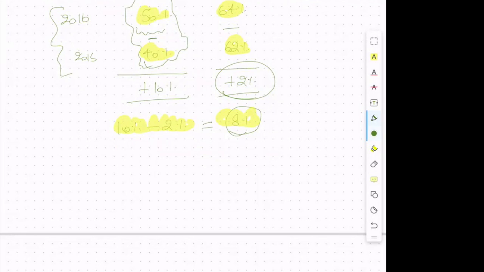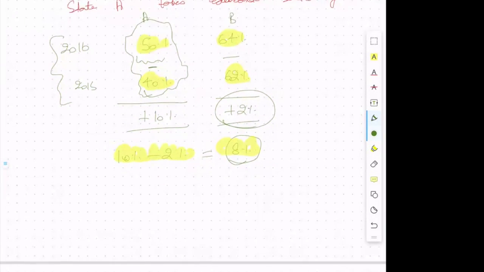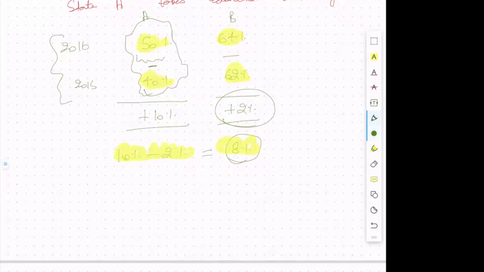Now there are many subtle things here. There are many assumptions that this method requires. Like for example, how things are trending before 2015 in the two states. And also there are subtle things about how you choose the control state, right? So there could be many other states as well. And you can imagine that can be very important in understanding the impact of any such program. But that is for another video.